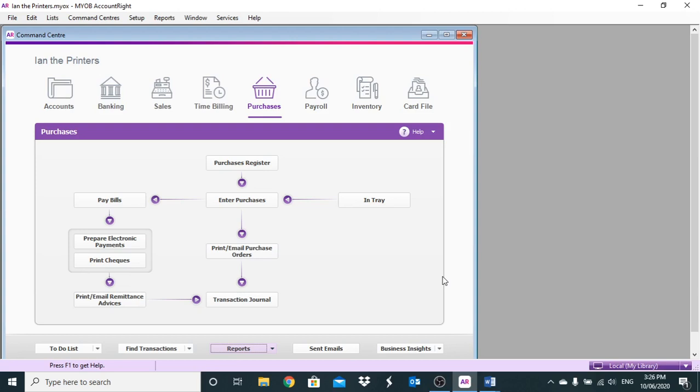So this obviously doesn't get captured in the system, and hence, in order to accurately have a system which knows exactly what items are on the floor, a physical stock take is done, and then that stock take balance, or the amounts that we have counted, get compared with what our MYOB system says,